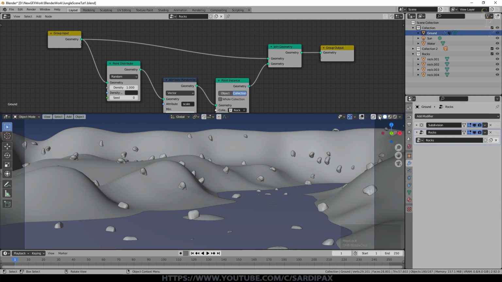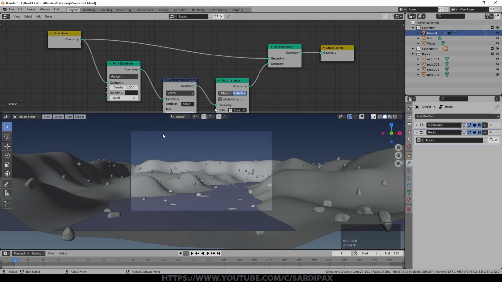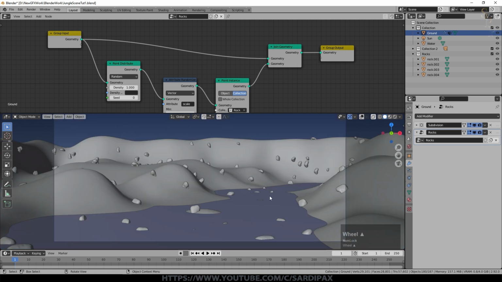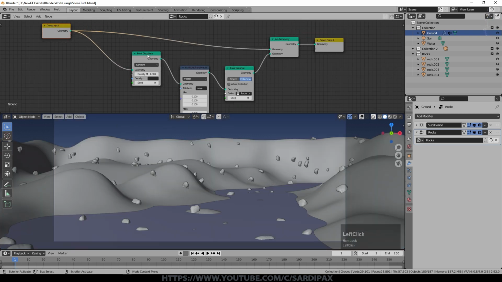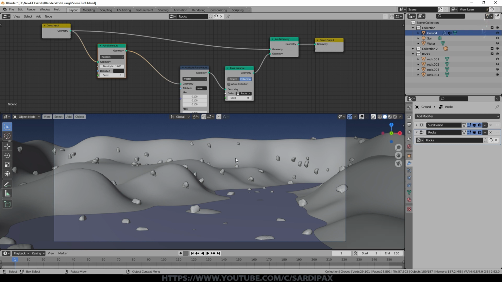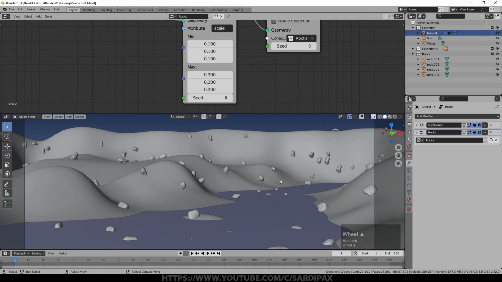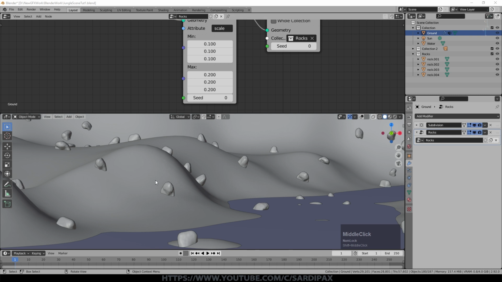But at the moment the rocks are everywhere. I don't particularly want them distributed so evenly. I think most of the visible rock would be around the stream bed. But before I worry about that, I want to play around with the rotation of my rocks a little. I think I'll also tweak some scale on them slightly as well. So let's go to 0.125 on the X size of our rocks, 0.125 on the Z as well. So you can see that's made them much flatter, and we'll make the minimum size of our rocks smaller as well. So we'll go for 0.05.